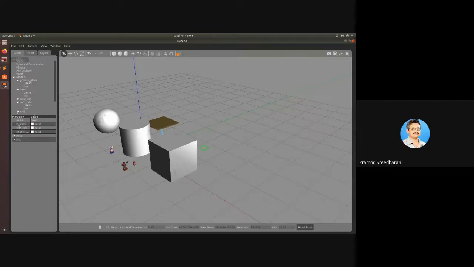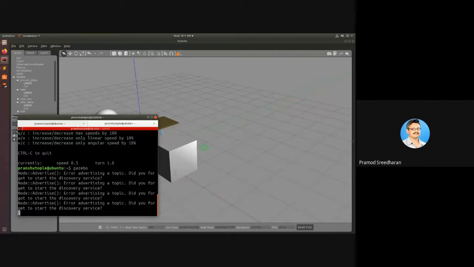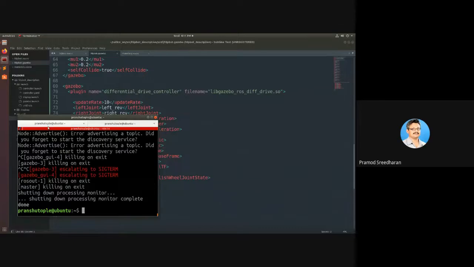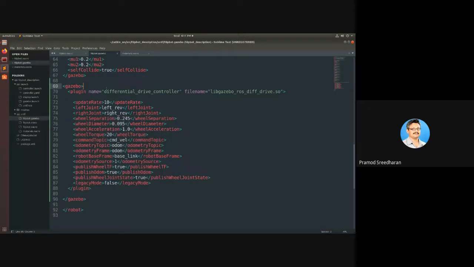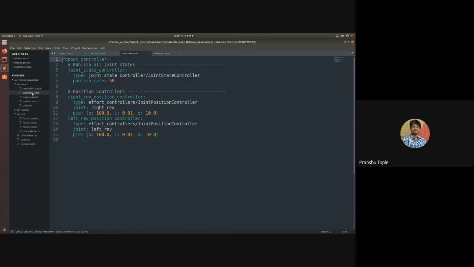Okay, sir. Suppose you want to make a PD control and control this level, then you have to do it in ROS. Yeah, even PD control is over here. So here you can see the controller.yml file. Oh, sir, it's too small, cannot see that. Okay, but when you create the description file, you can go through it thoroughly. So it has all the PID tuning and everything. Oh, okay.